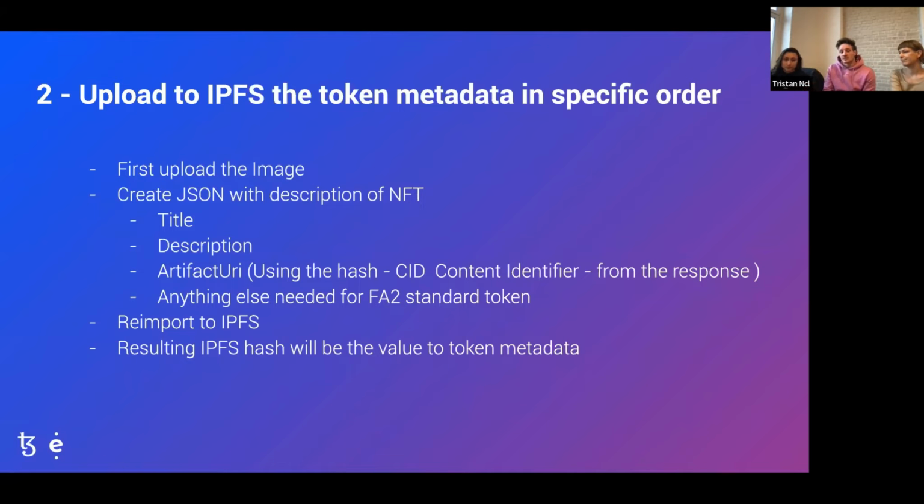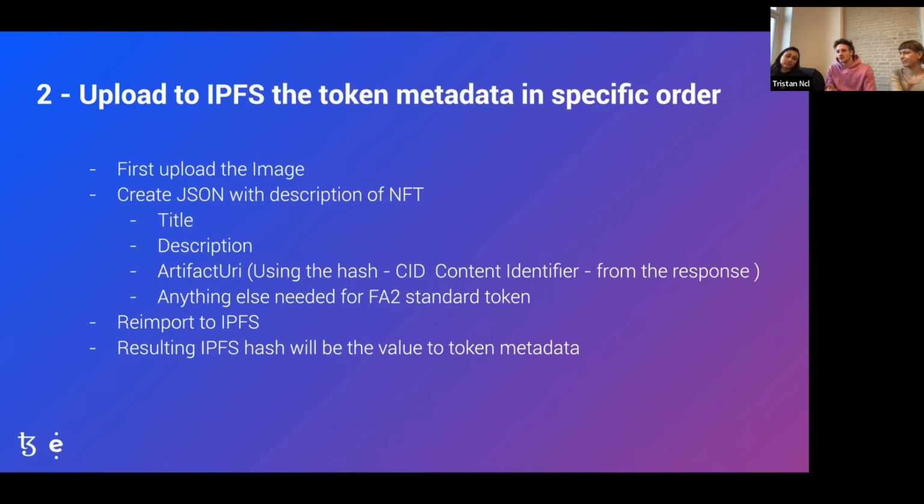You can see that most of the NFTs are either images, GIFs, or videos. So what we need to do first of all is upload this image to IPFS in order to get a hash back. Once we have this hash back, we're going to be able to put this hash of the actual image, which is the artifact, into a JSON object that will define what are the different